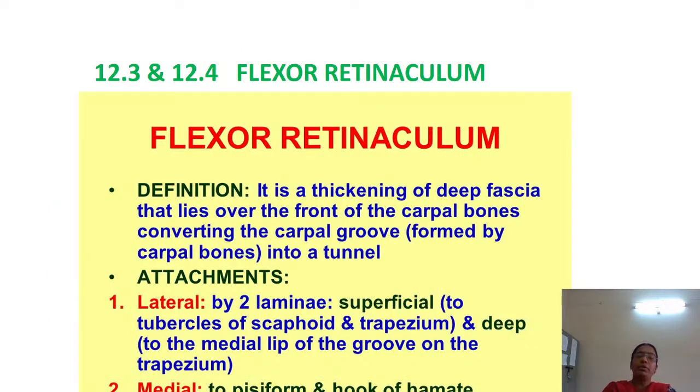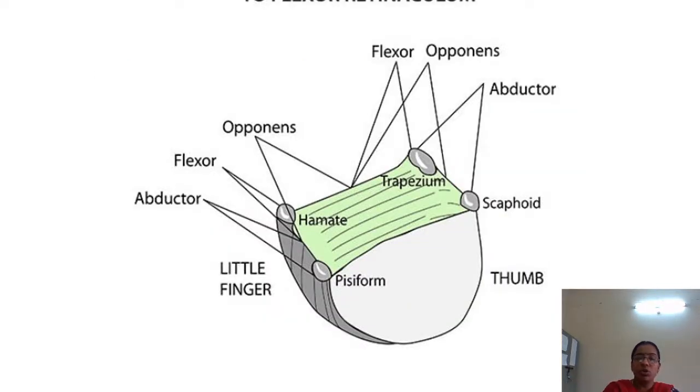Now, coming to our competency, the first competency comes as 12.3 and 12.4, where it is the flexor retinaculum. What is a flexor retinaculum? The definition goes in this way. It is a thickening of the deep fascia. The deep fascia of the forearm is thickened at the part of the wrist, and forms a retinaculum, which is called the flexor retinaculum, and which is converting the carpal